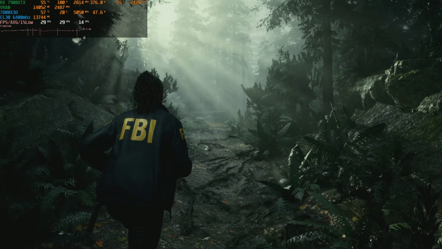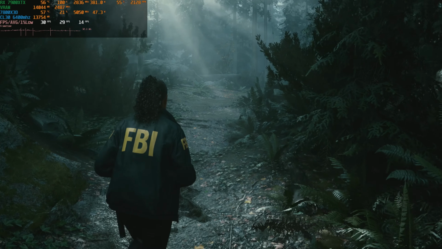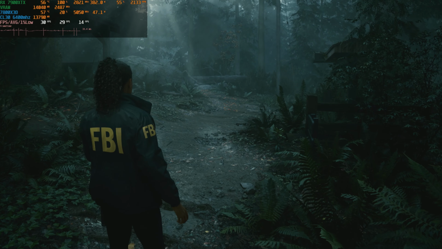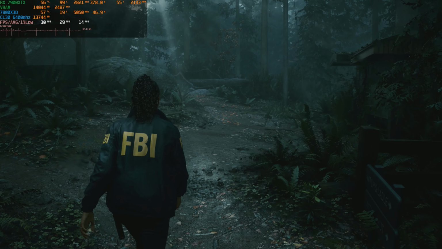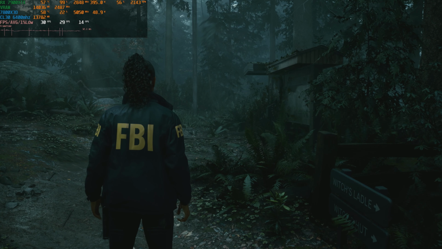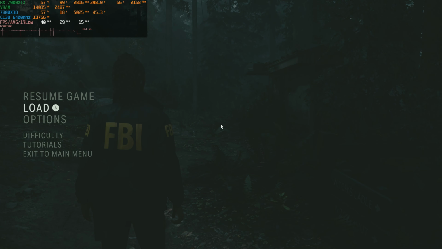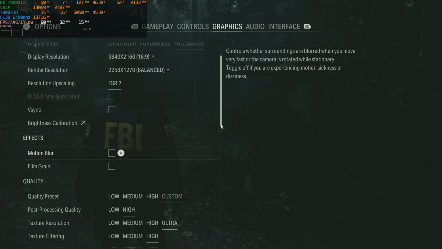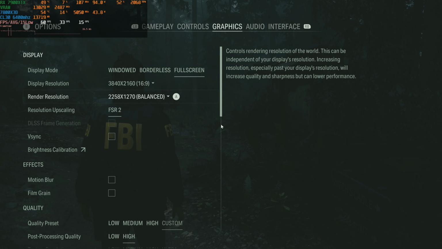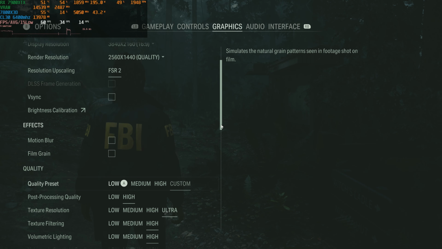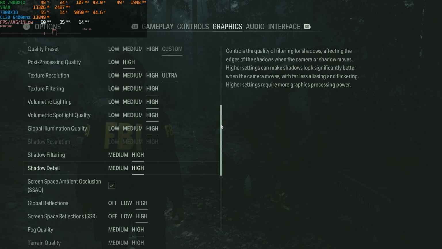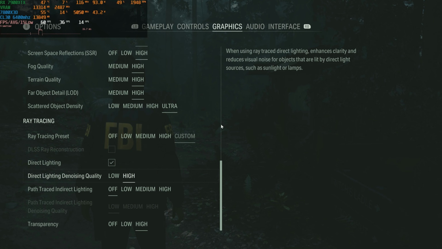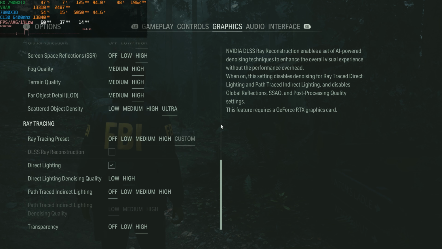But it's not appealing to me, especially once you go high refresh rate with the PC, you don't expect anything less. All right, so let's go back in options, graphics. So we're gonna put this back at quality. All right, and what happens if we change the